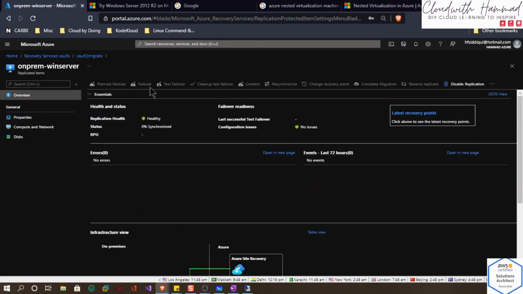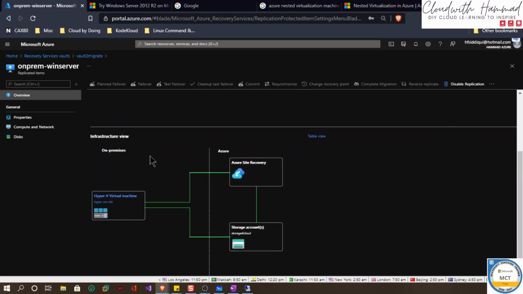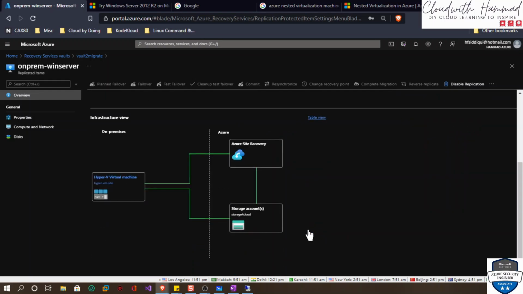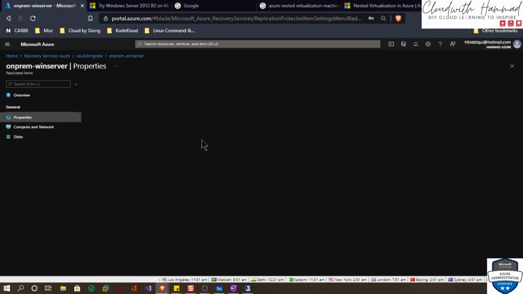This will show up automatically. It's still doing the replication, and 0% synchronized. It also shows a picture, the infrastructure view. This is the on-premises Hyper-V machine. This is Azure, and both of them have storage. You can do a table view as well, or diagram view. Also, if I click here for a second, you can see that while it was still synchronizing,